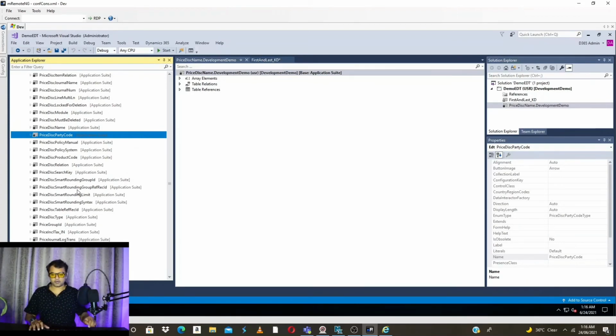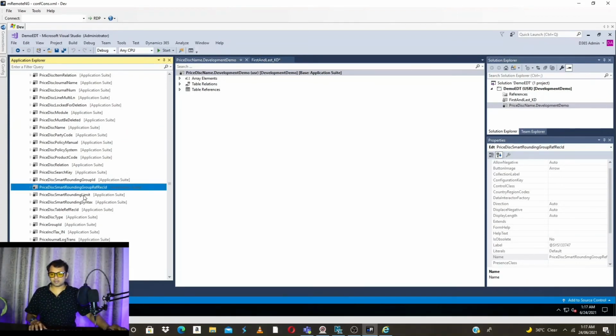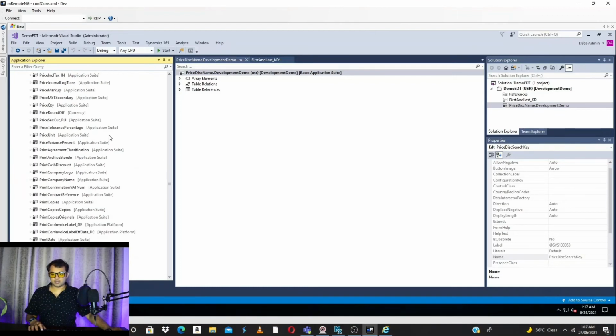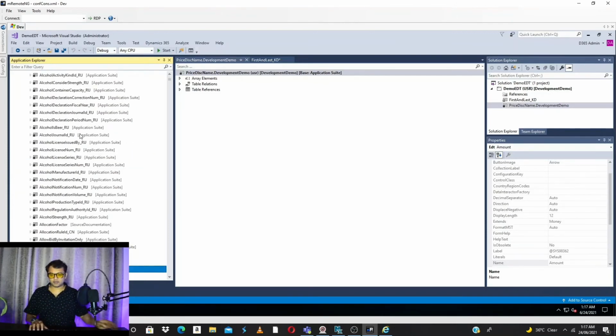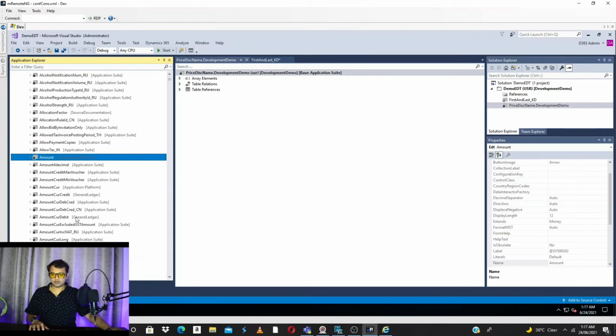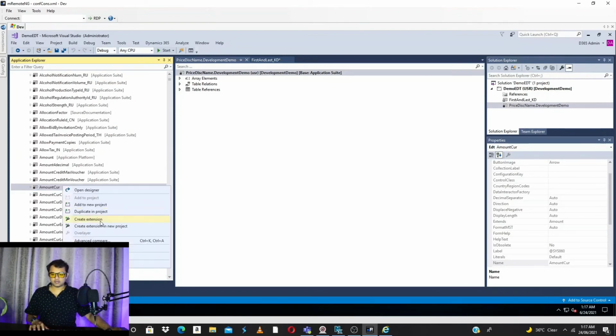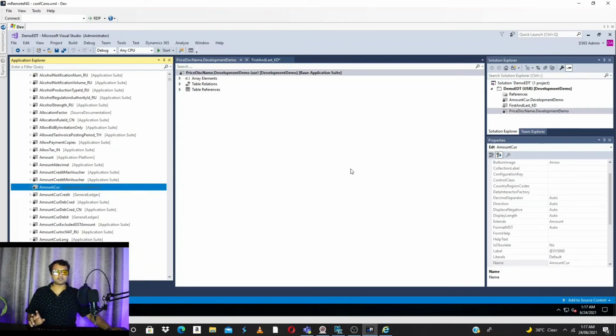Then, for example, let's go with another EDT, amount MST. Amount curve. So I'm going to create an extension.